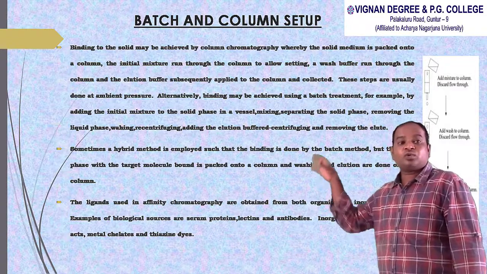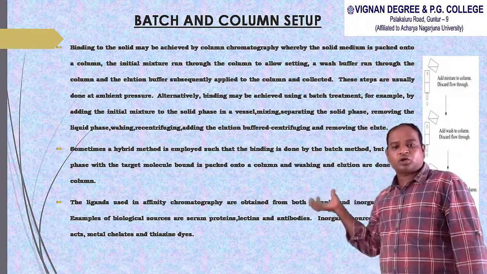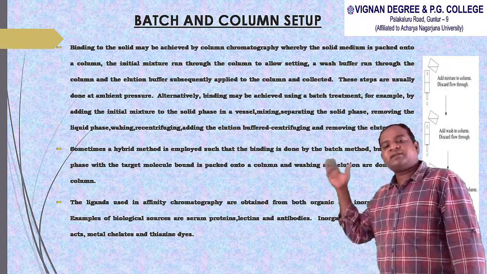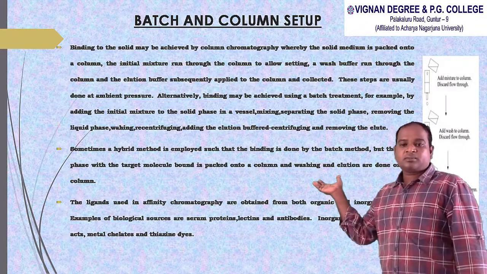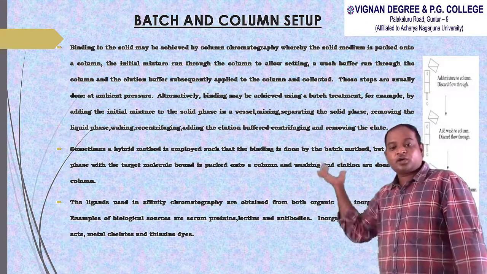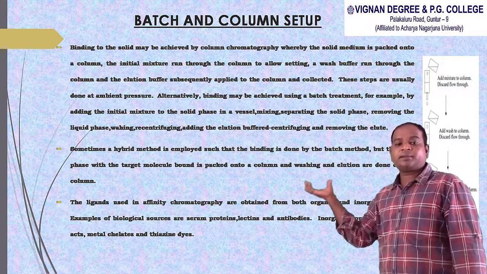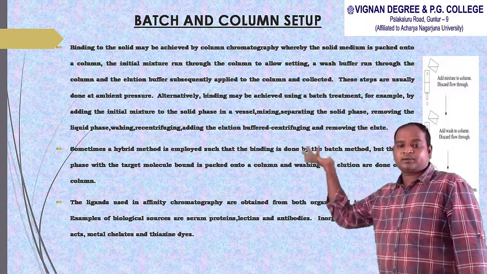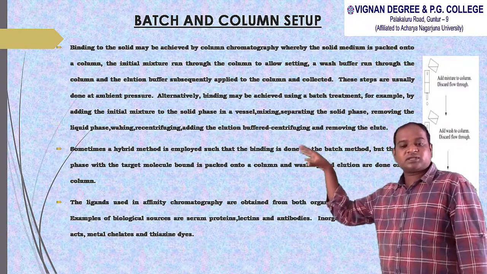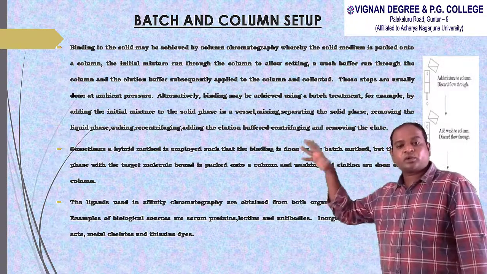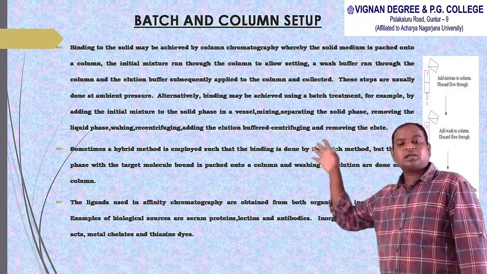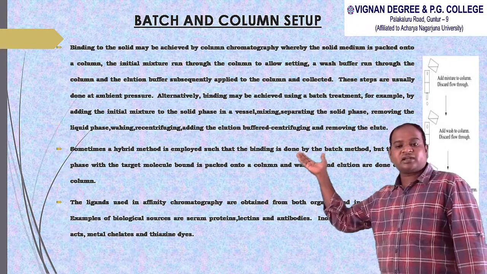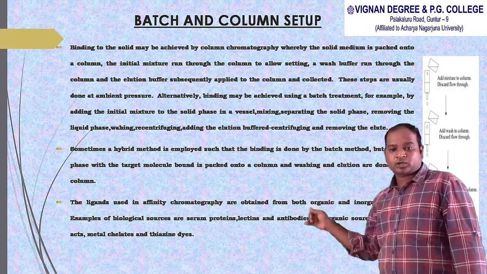We have to remove that enzyme from the column. For that, there is a different method. You have to change the pH of the buffer you are using in the column. What happens by changing the buffer pH? Enzymes are nothing but proteins, and their isoelectric point also changes. The bonds will break from the substrate analog, and the enzyme will come out of the column.